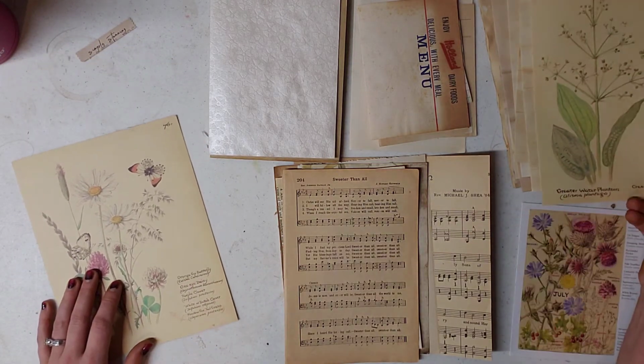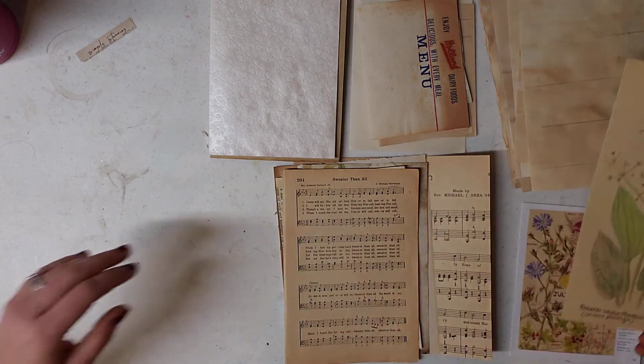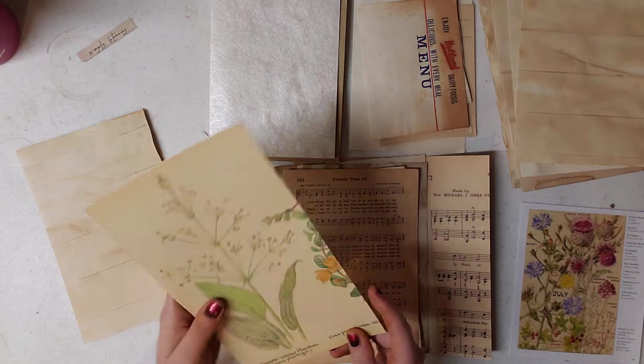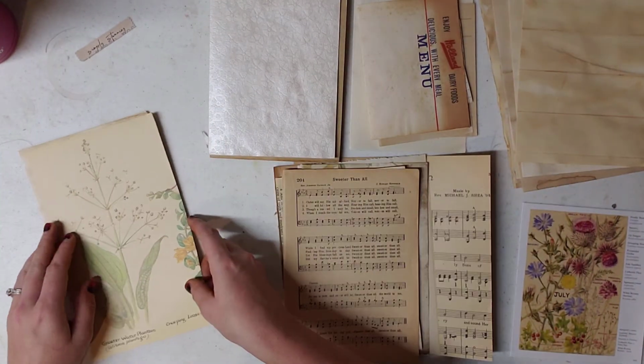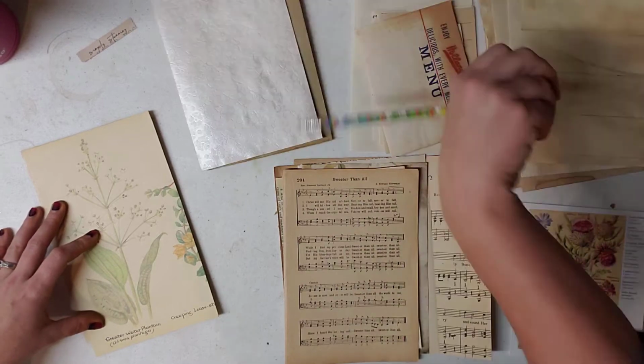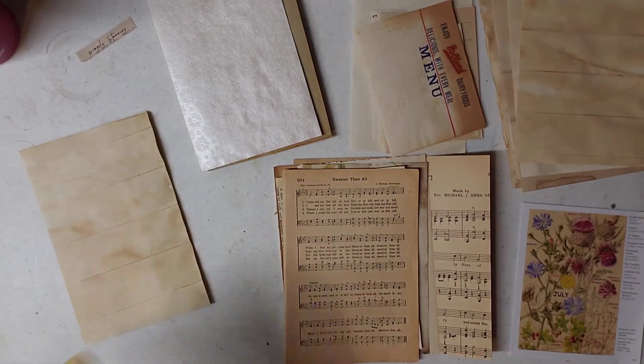That looks too long. It is. I need to cut some off that real quick. What part should I cut off? Man, they're being so loud. I think I'm going to cut the bottom off. I hate to do that because that takes away from the writing. That helps you know it's Edith Hoden's, but